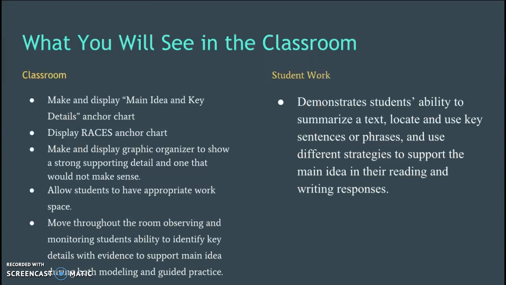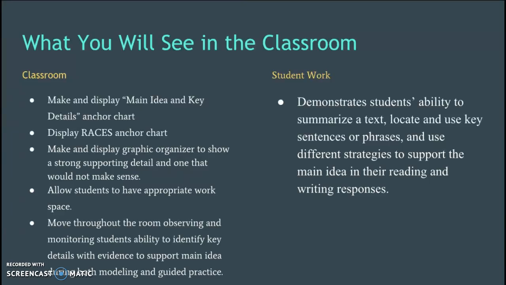In the classroom, we will make and display main idea and key details anchor charts. We will also display a RACES anchor chart for visual aids. We will make and display graphic organizers to show a strong supporting detail and one that would not make sense. This will show students what theirs should look like and what it should not. We will allow students to have appropriate workspace, and the teacher will move throughout the room observing and monitoring students'